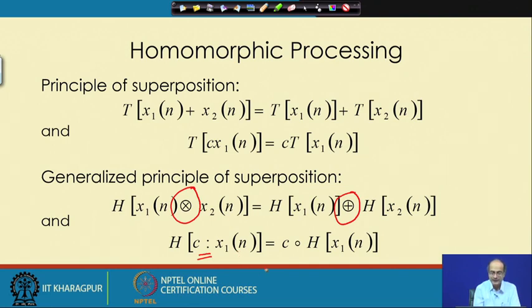After the transform a new operator comes in its place, between the scalar and the vector in the range space, that is the mapping of x 1 after the transform, and the same relationship exists there. The only thing is the operators are different in the two spaces, but structurally it is the same as the principle of superposition. So, that is why we can call it the generalized principle of superposition,